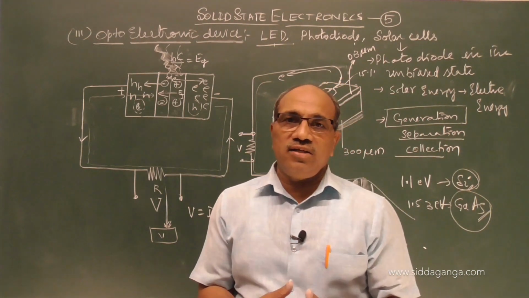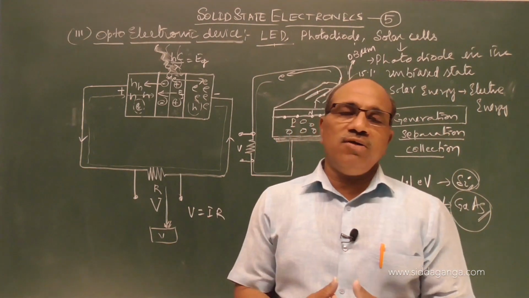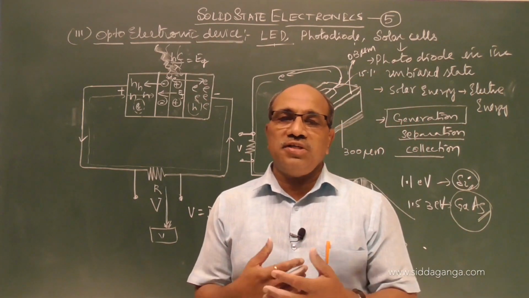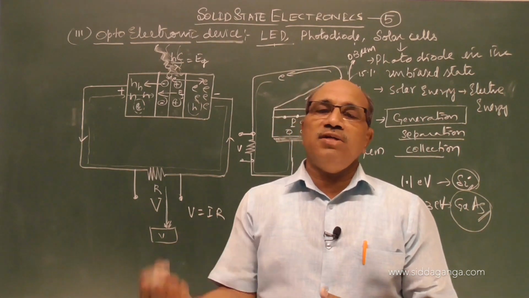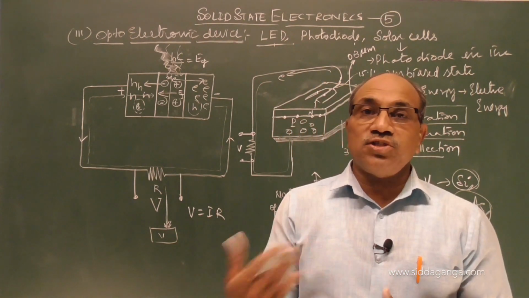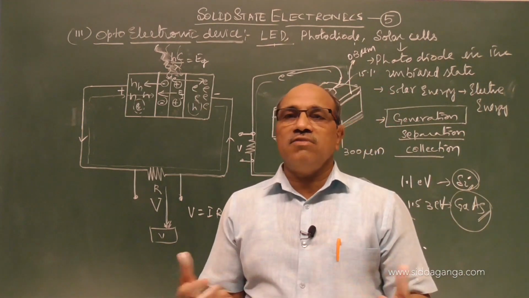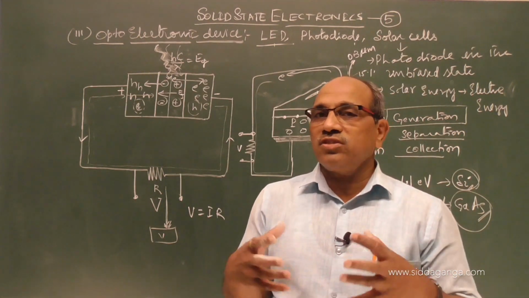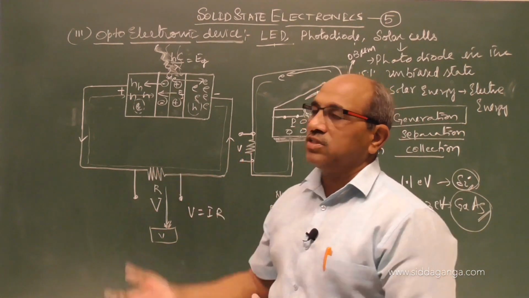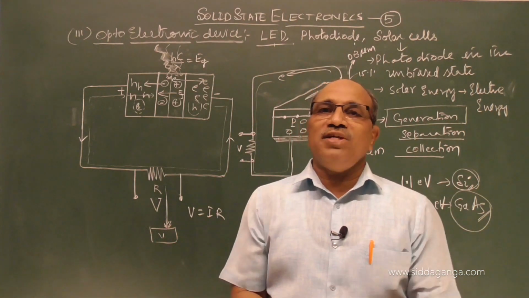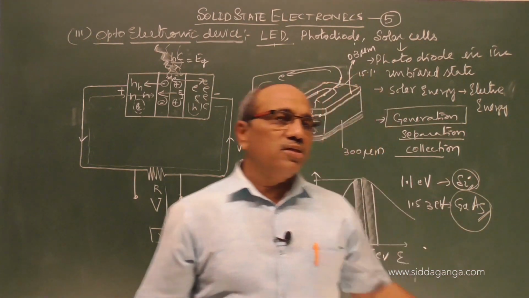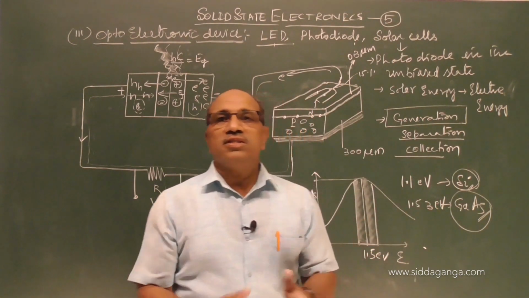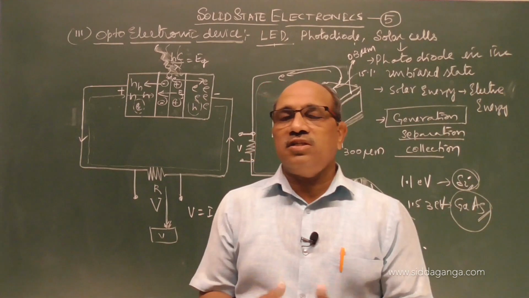electric energy into light energy, the photodiode, where we convert light energy into electric energy, as the best device as a photodetector. It detects the signal coming from external means, helps us detect signals of a certain frequency or wavelength range. And the solar cell, the most wonderful application, because freely available energy can be converted into electric energy using solar cells made of gallium arsenide or silicon. So this is briefly what I have taken in solid state electronics.